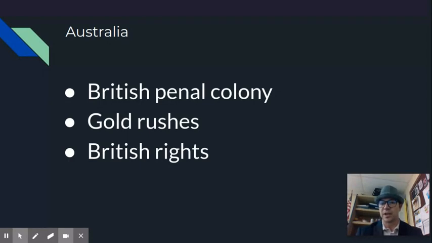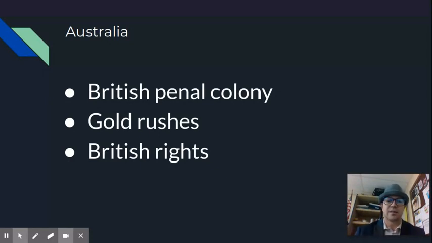course, gold will be discovered, and that gold's going to lead to a lot of migration to Australia, especially of relatively nearby China. And this influx of Chinese people into Australia is going to lead to some backlash from the white British people that are there. There will be Chinese settlements that are attacked, and then they'll actually get an exclusion act to exclude the Chinese from being able to come to their country.